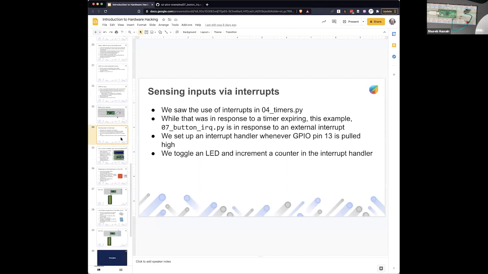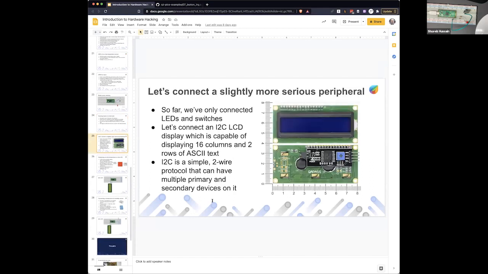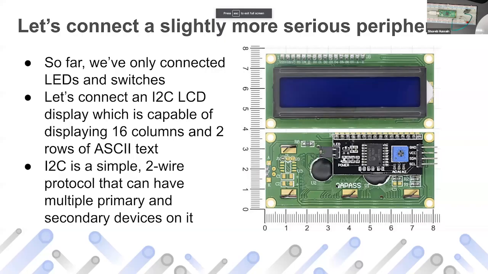I only have a couple of things more, so let's get a little serious. What we'll do now is connect the LCD. Earlier we were displaying the temperature on the serial console. I have a little LCD panel here, a very simple panel, and it uses the I2C protocol to connect. You see four wires here. Two are for power, one is ground and one is power. The other two are SDA, serial data, and serial clock. So only two signal wires. It's very simple.